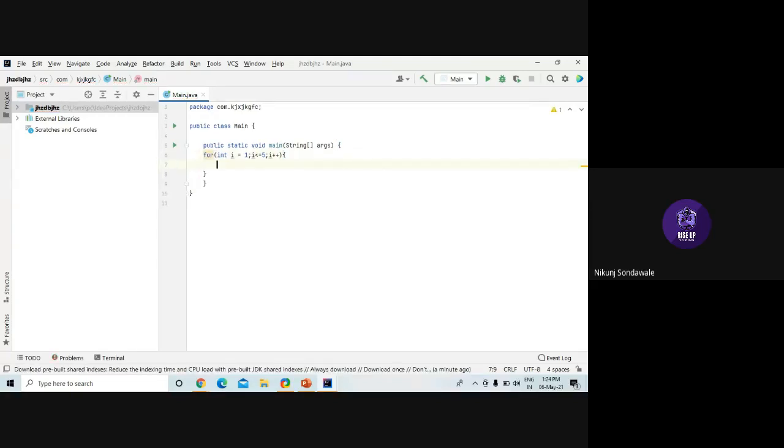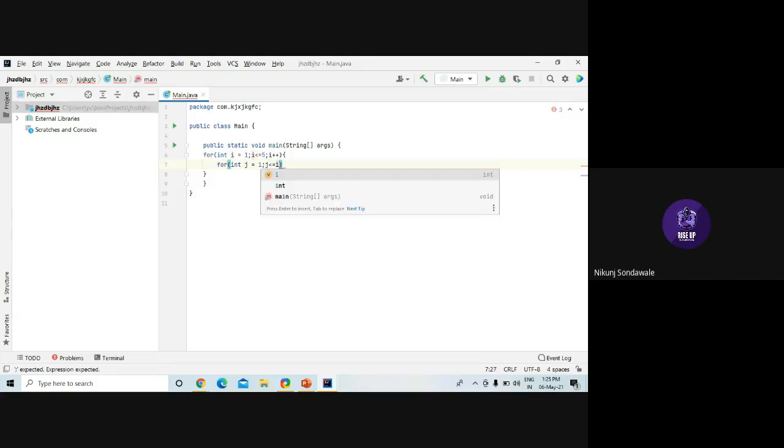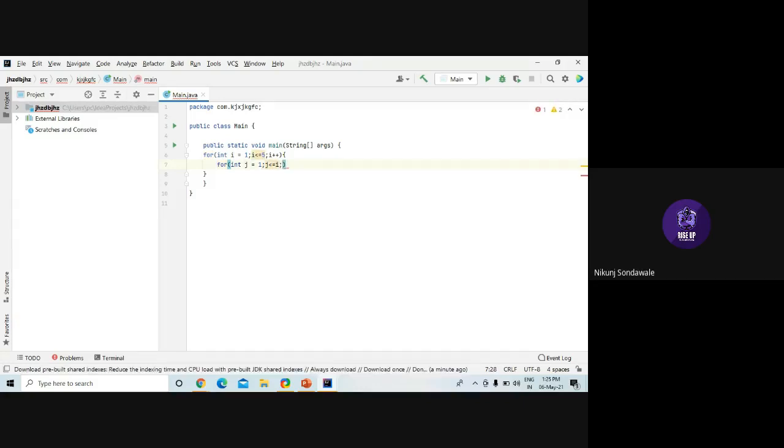Now inside that I'll use for j equals 1, and j should be less than or equal to i, and j plus plus.